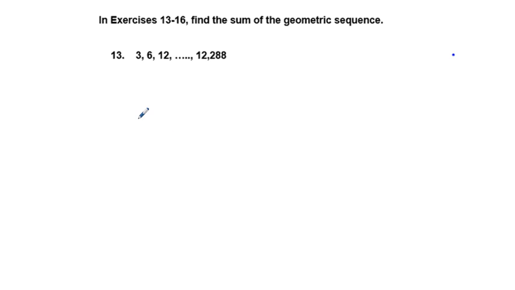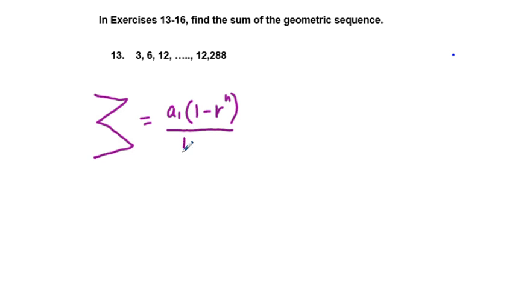Well, the formula for a geometric sequence is you start out with an initial value. I'm going to just put the summation notation here, okay? Just this funny backwards looking big E, called sigma, is equal to, we take our initial value, which in this case is 3, a sub 1, over 1 minus r, and r is our common ratio, to the power of n, and we divide that by 1 minus our